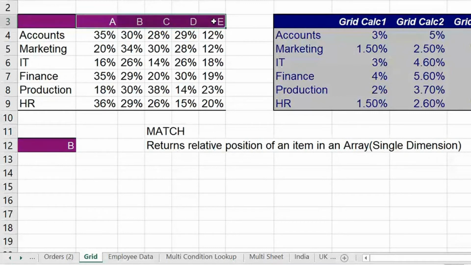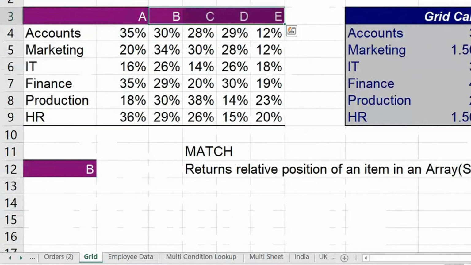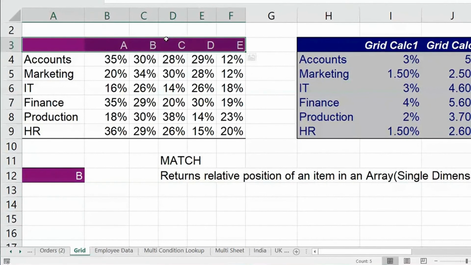E. Okay, it tells me 1, 2. If I ask MATCH, where is B from here till here? It says 1. Okay, guys, try to zoom. Look at this. If I ask MATCH, where is B from here till here? It says 3. 1, 2, 3. MATCH is basically a function which returns the position of an item in an array.